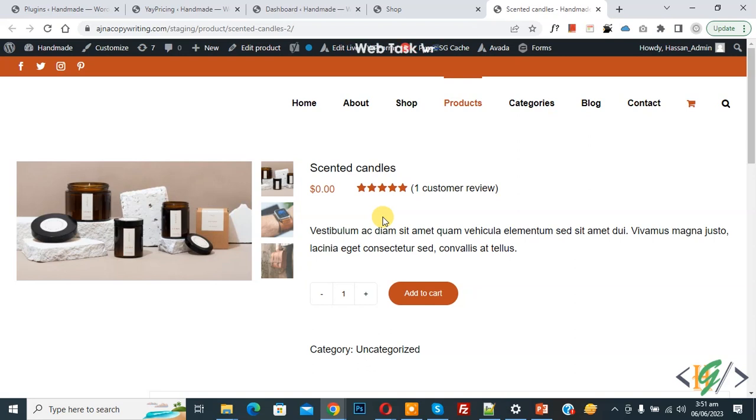Bismillahirrahmanirrahim. Assalamu alaikum. My name is Hassan and today we are going to hide add to cart button when product